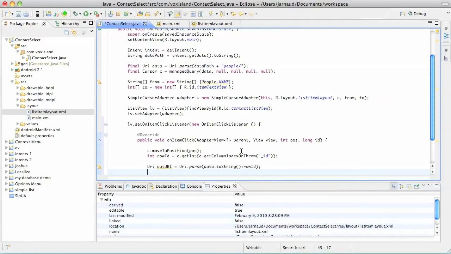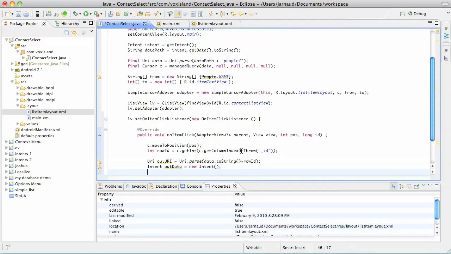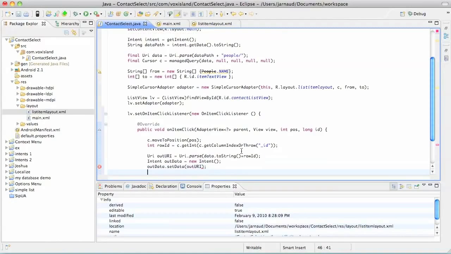Okay, with that done, we can create an intent. Out data, it's a new intent, of course. We can set the data, so it's out URI that we've just created, and we're done. We're going to do the set result,